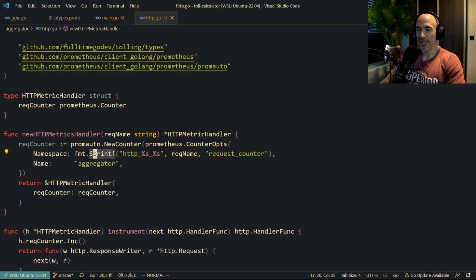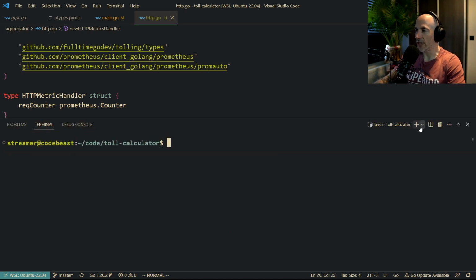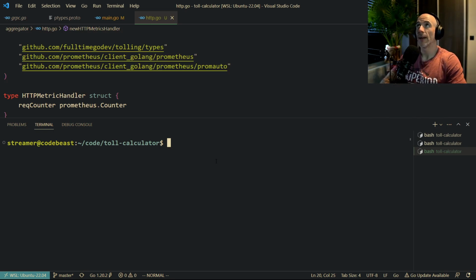Can we actually test this? The first thing I'm gonna do, guys, is see if I have the things running. I'm gonna create some bash shells. We need Prometheus, so I'm gonna say dot slash Prometheus slash Prometheus. That's gonna be config.file, I guess. It's going to be